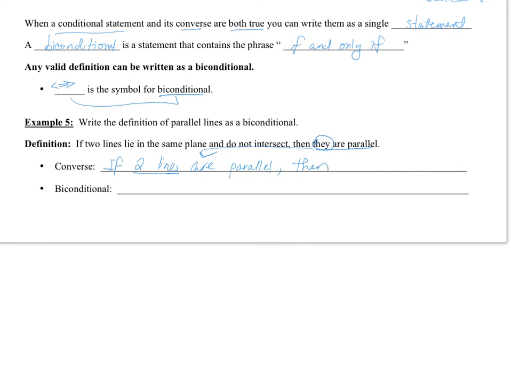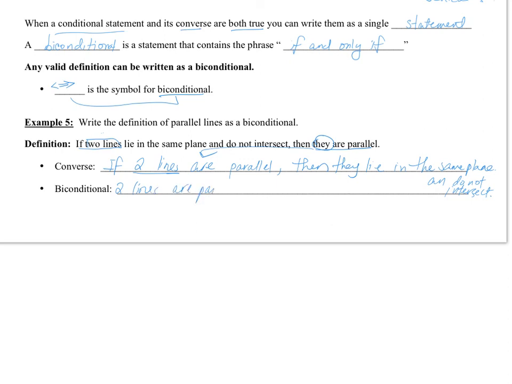Then, so instead of writing two lines, I changed it to a pronoun. Then they lie in the same plane and do not intersect. As you can see, the statement is still true, so we can shorten this statement to